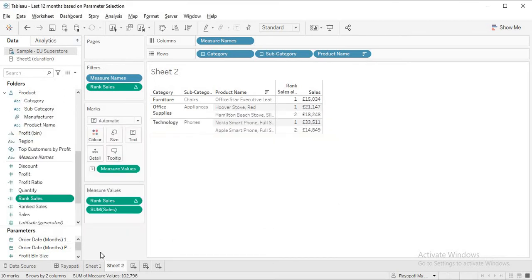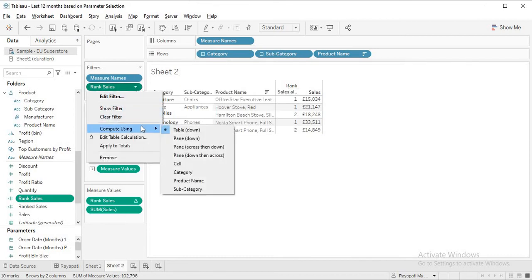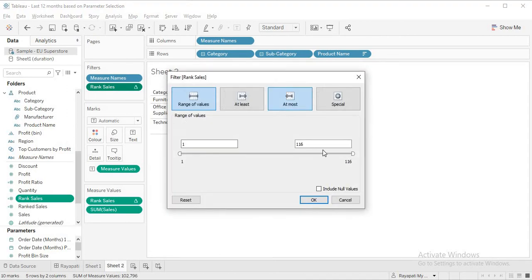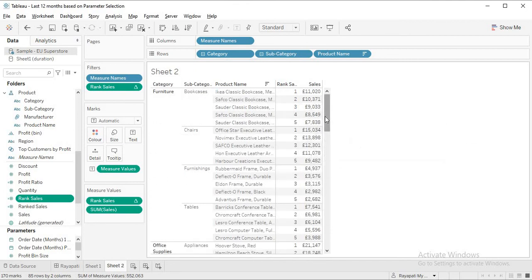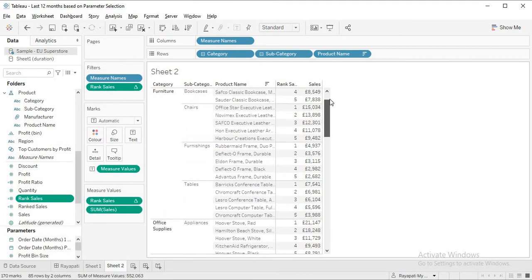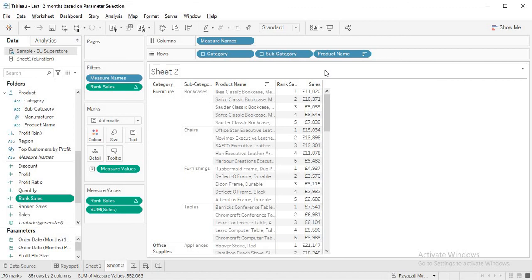But when you drag this field, this field's table calculation and that field's table calculation are different. So again you have to address this by using compute using a pane, and again put your 5 here. Now you will get the top 5 product names throughout the subcategory.